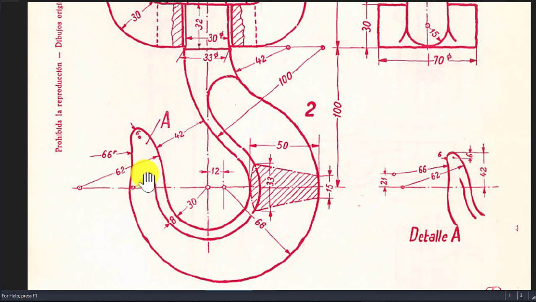Yes, but the other 21, 66, 62, 6, the distance 6 is here, obviously, and 42 is here. Yes, I'll verify if 42 is okay, but I cannot place this as a definition. Okay,